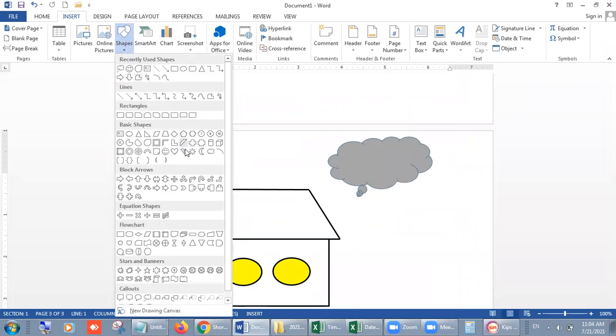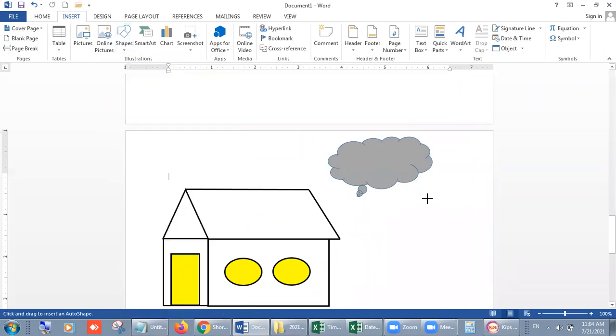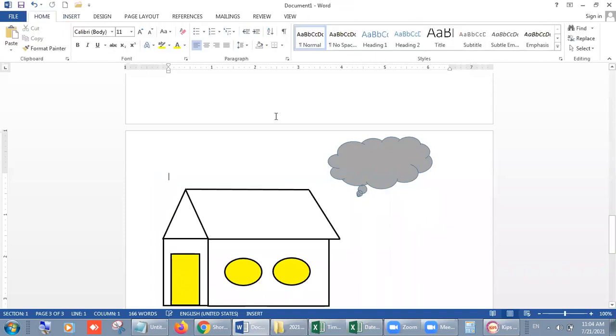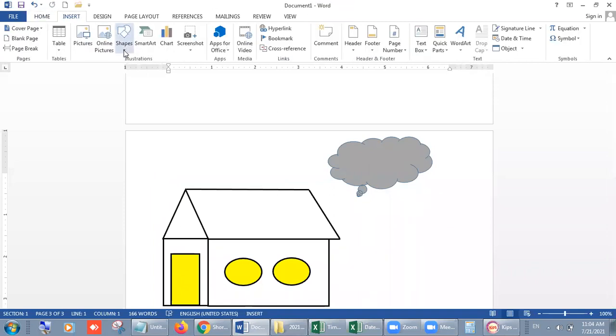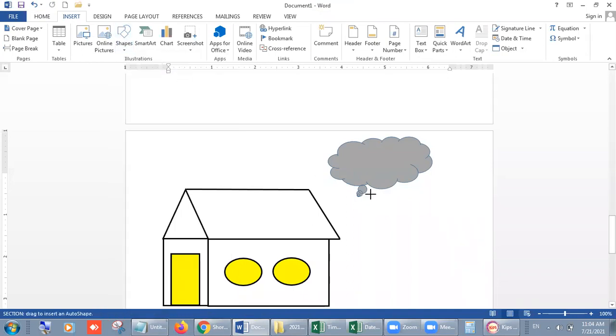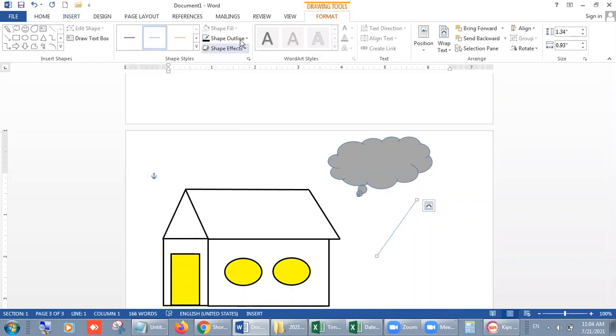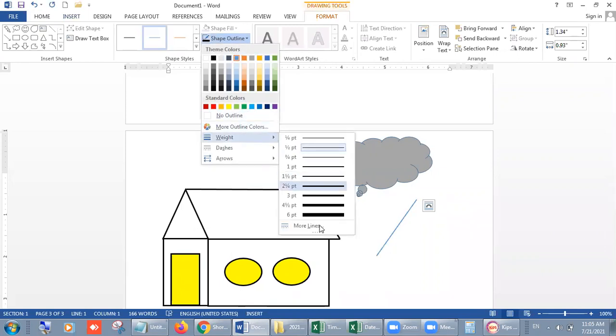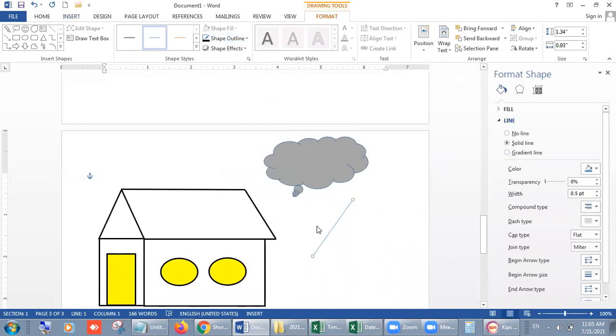From there you can find this shape or any shape you can do. Suppose this time I am using a line only, so that we can do it very fast. Draw here and choose the shape. Blue color is okay, but in more lines,